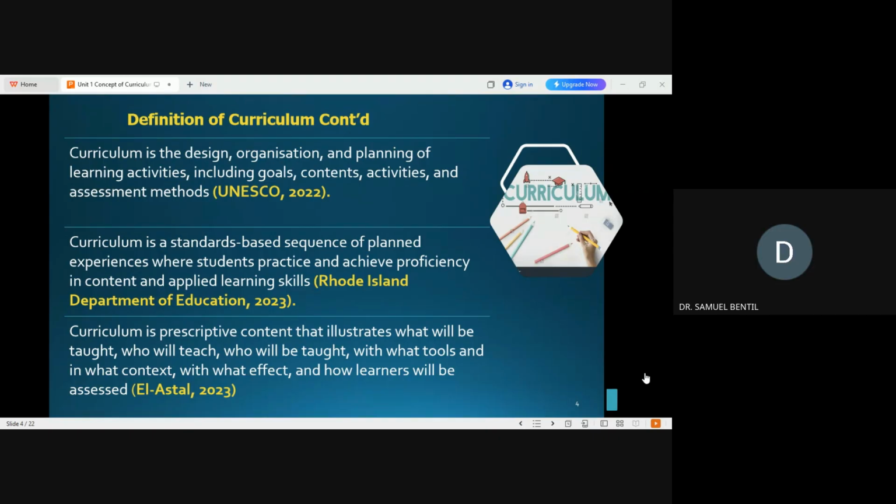Thank you, sir. I say Innocent, Dogwe. Yeah. So curriculum is the broad overall educational plan for a whole program, while syllabus is the detailed or specific outline for a single subject within it. So that's the difference between them.